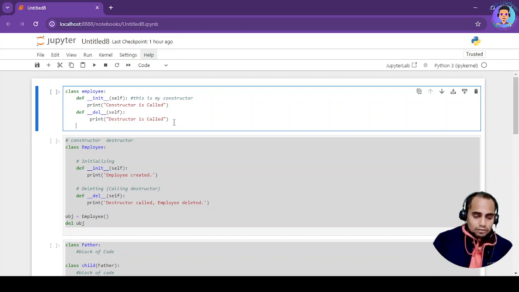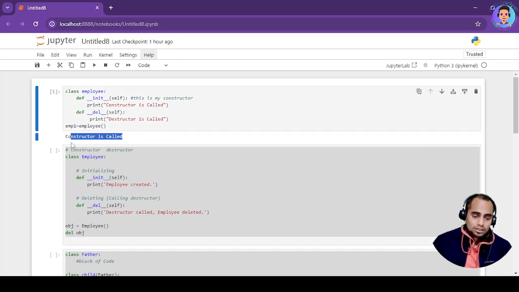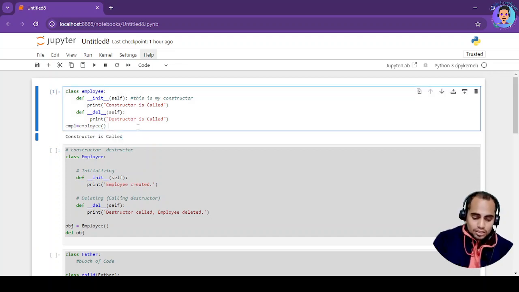Now I will be creating an object of this class, so I will write emp1 equals to, we know how we can create an object, Employee, and then I will hit enter, and see this, as soon as I create the object, the constructor is called.